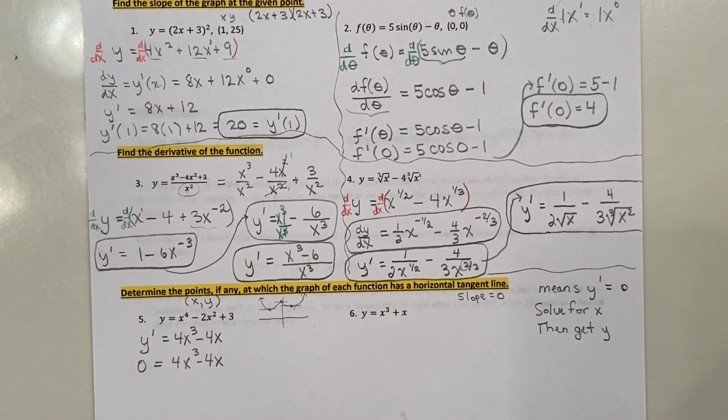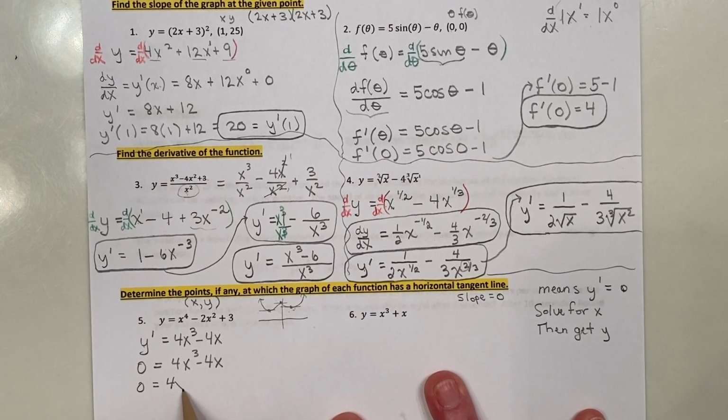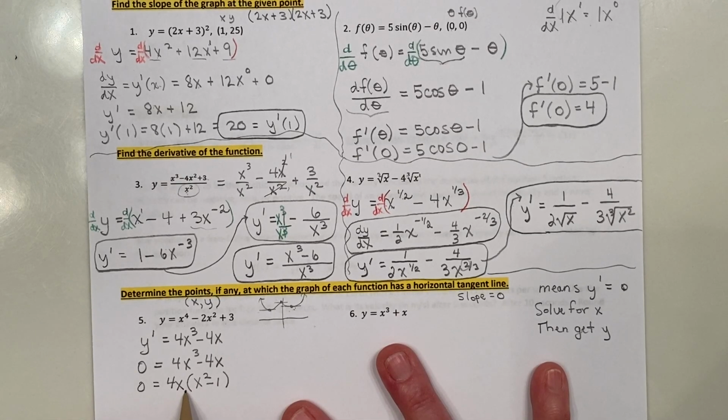So with this algebraic equation, I can now solve for x, and that will give me half of the point that I need as my answer. So how do we solve this? Well, let's do some factoring. Let's pull out a 4x. So 0 equals 4x, parentheses, x squared minus 1. Check your factoring by always multiplying back in. Now that we have two factors, they're being multiplied, set each factor to 0. So either 4x equals 0, divide by 4, either x is 0,